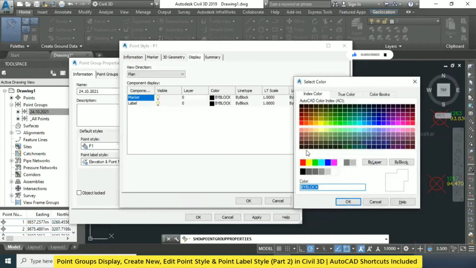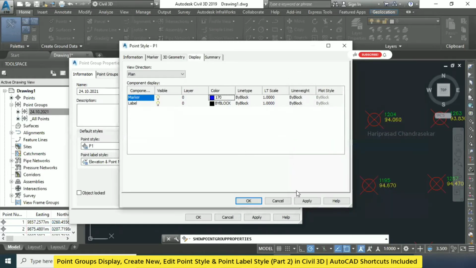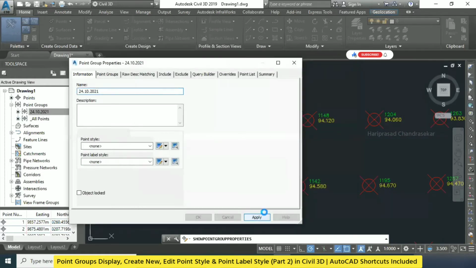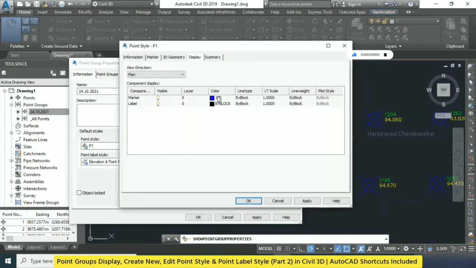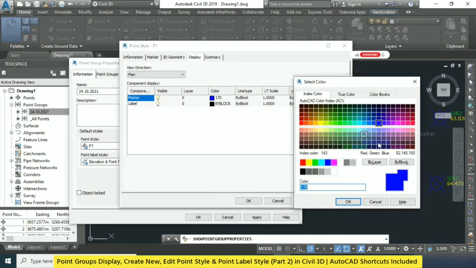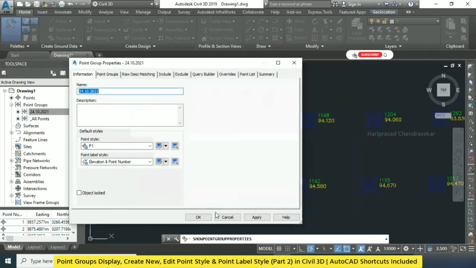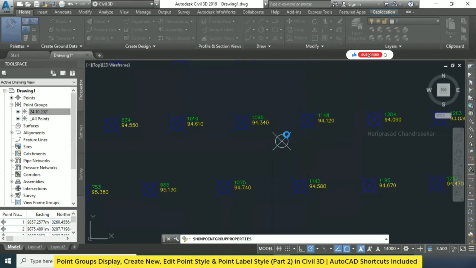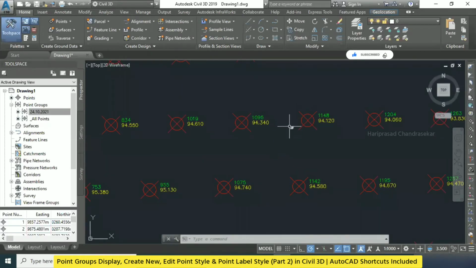If you change some color, it will change also the marker color. For example, it's by block, or I will select some color. Already red only. See, now it's changing, because by block means it will be in red color only. Okay, I will go to by block itself. So only for this we must have it, and after you can delete it, no issue. Even if you delete it, it will be there.